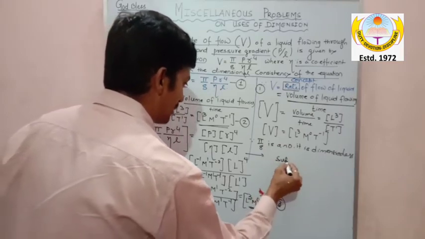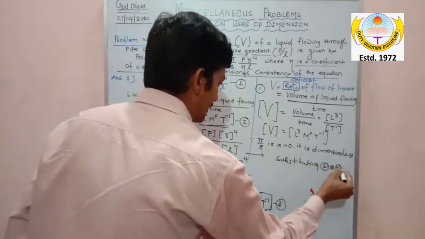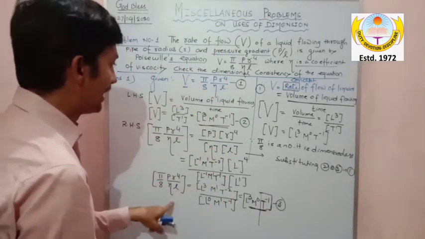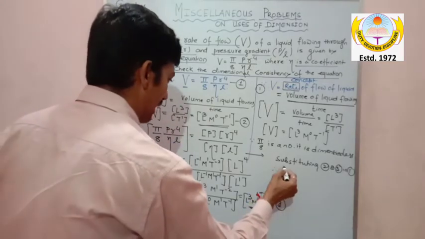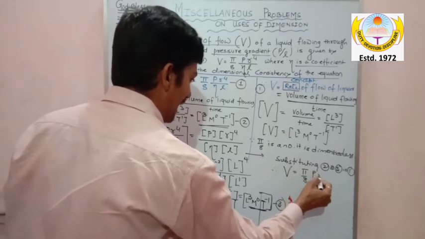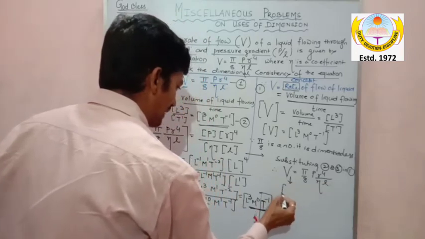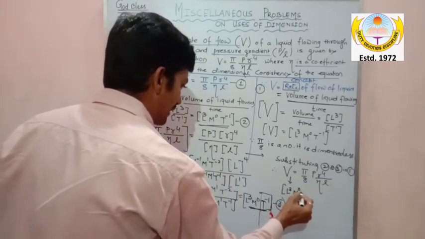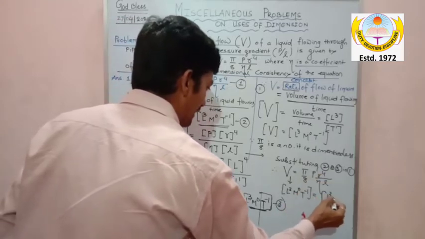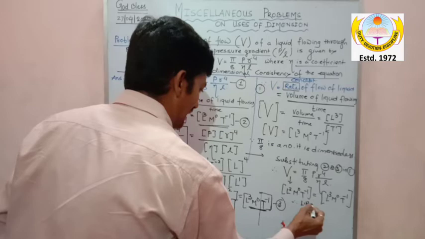Here I will say, substituting 2 and 3 in 1. So my dear, 2 is the value of V and 3 is the right hand side value. Therefore the equation is V is equal to pi by 8 P r power 4 divided by eta multiplied by L. Now for V, the dimension is L power 3 m power 0 t power minus 1. And on the right hand side, for this quantity, the dimension is L power 3 m power 0 t power minus 1. And therefore I can say the left hand side dimension